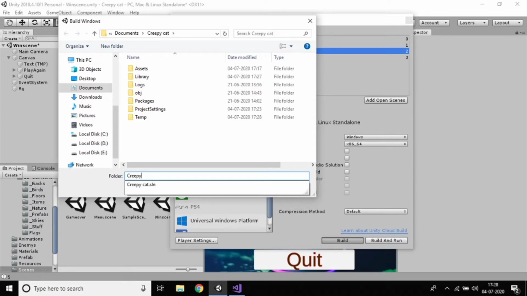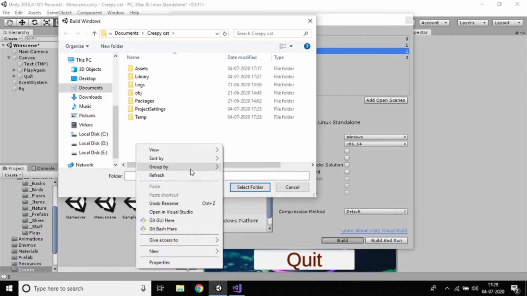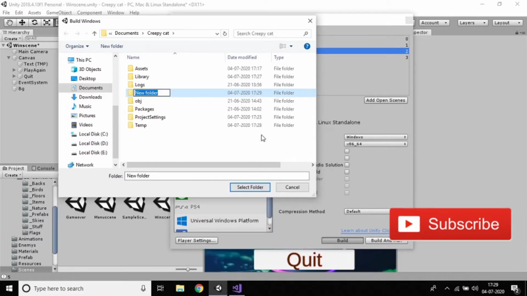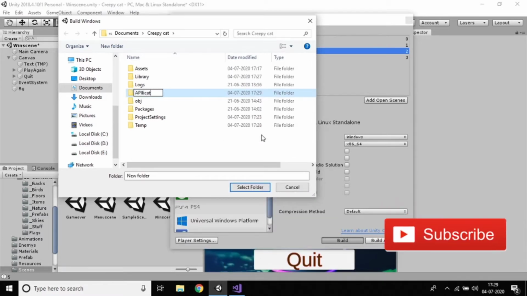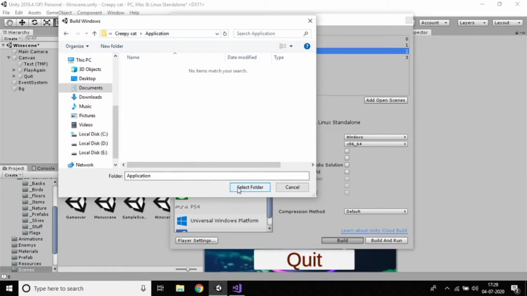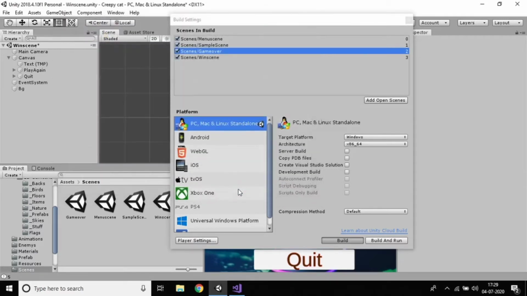First of all, we need to create a folder for the package. I'll name it application, or game application. Open here and select the folder.